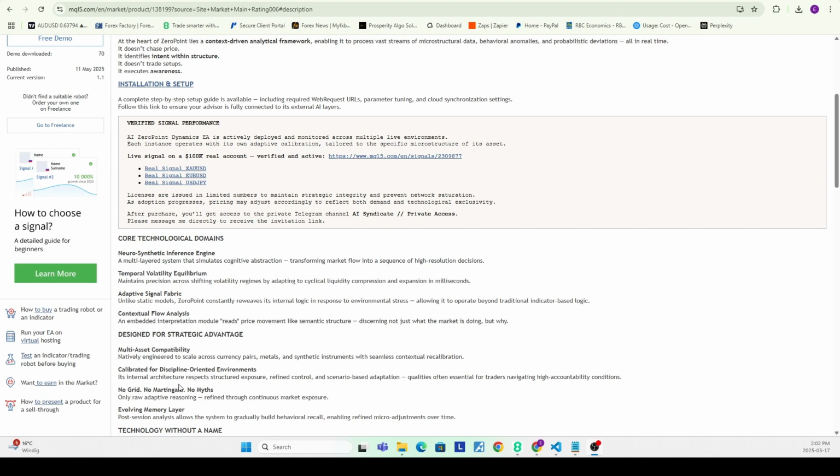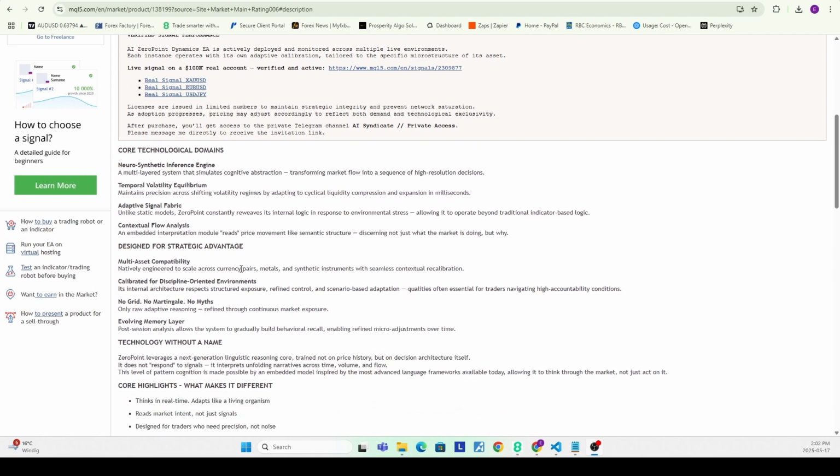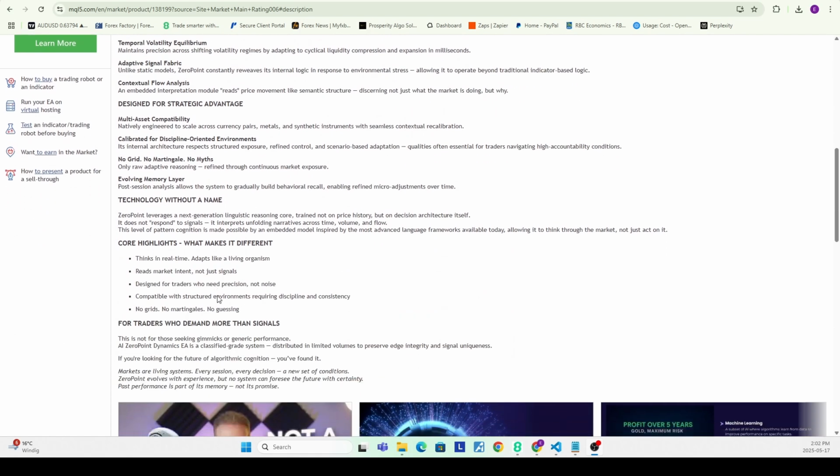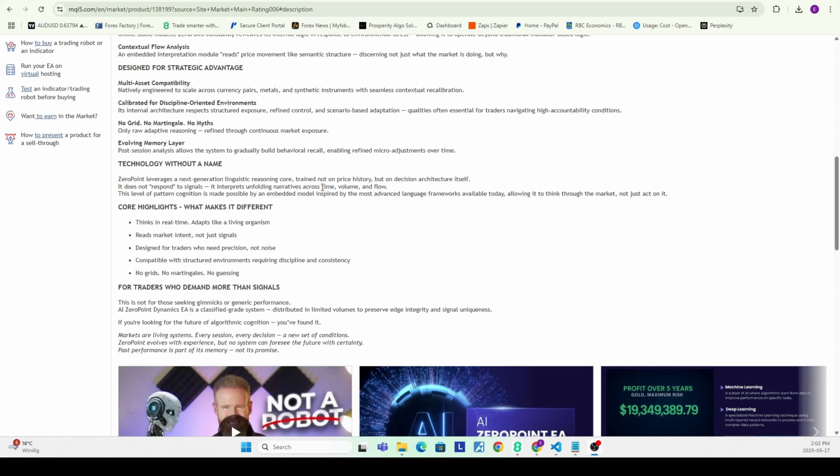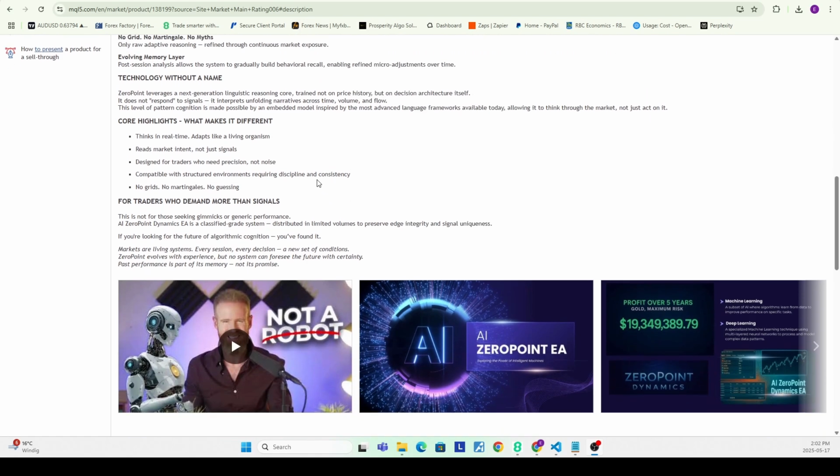So memory layers, yes, those exist. You can have various types of very sophisticated models which can work, but it's just tough to put them realistically in an expert advisor. And once again, they're really just talking about more and more of the various AI functionalities that it would use, but it doesn't go into detail. It's more just buzzwords and big vocabulary. And it says that yes, it can trade multiple currency pairs and synthetic instruments, but it does not give too much detail in regards to what actual strategy it's running.